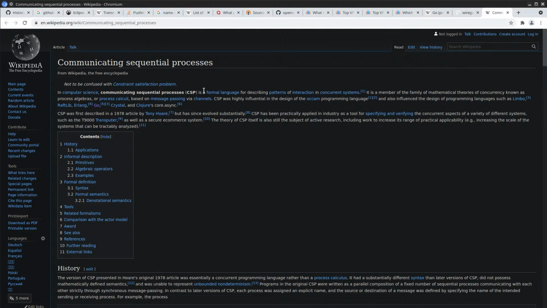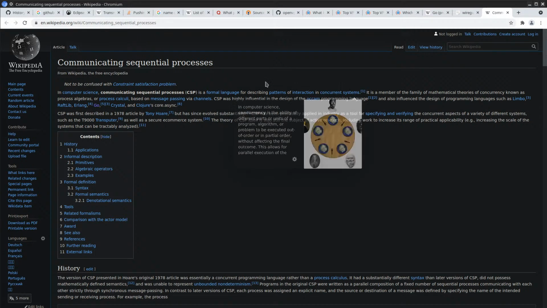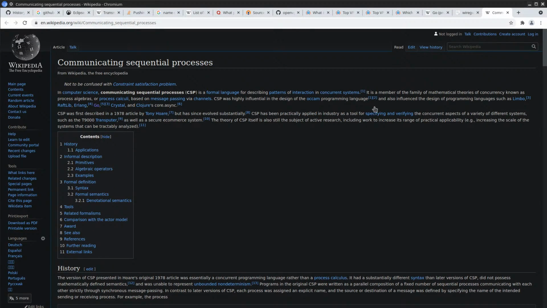CSP is a formal language for describing patterns of interaction in concurrent systems. So it has multi-threading. It is a member of the family of concurrency theories known as process algebra or process calculus. Calculi. Okay. Highly influenced the design of the occam programming language. Okay.